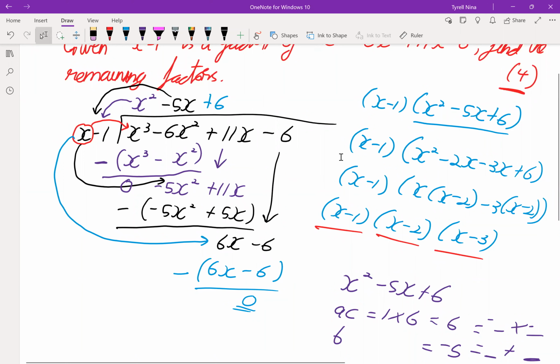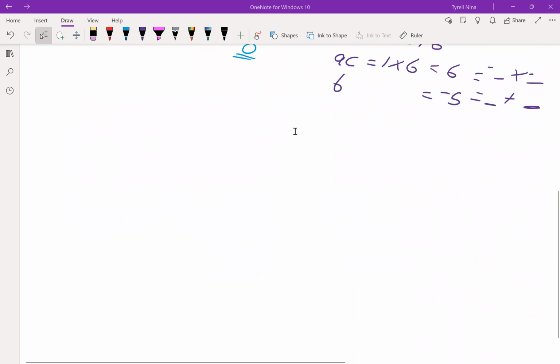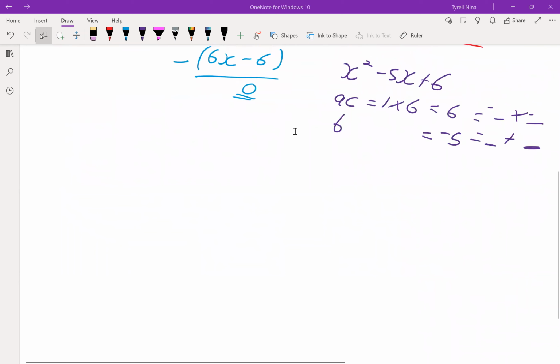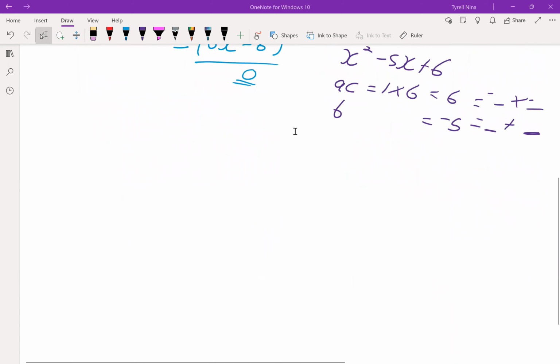All right, so I'm going to do an AP question now. I won't be looking at GPs, hint, hint. So let's look at an AP question. If T5 is equal to 20 and